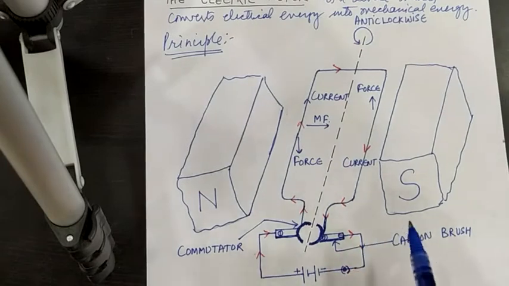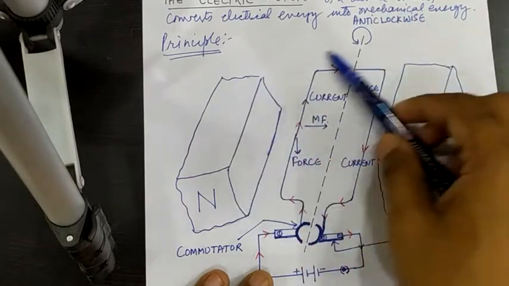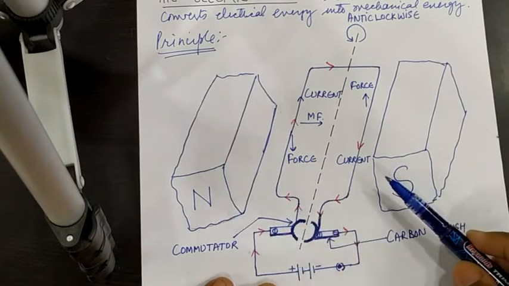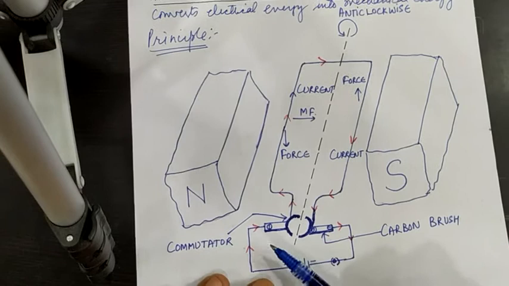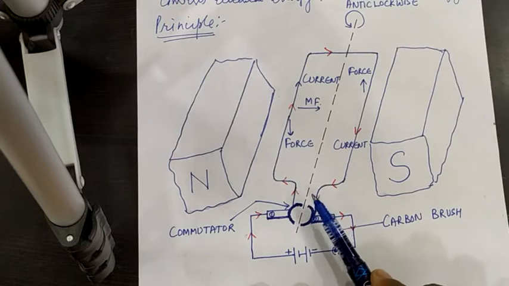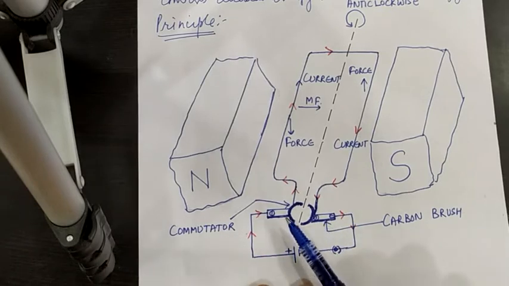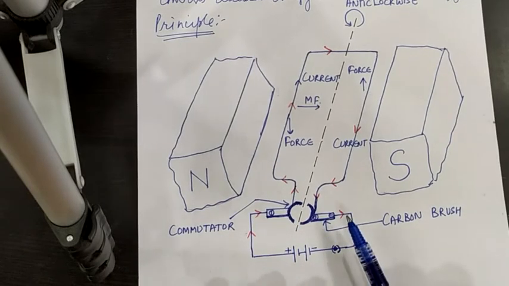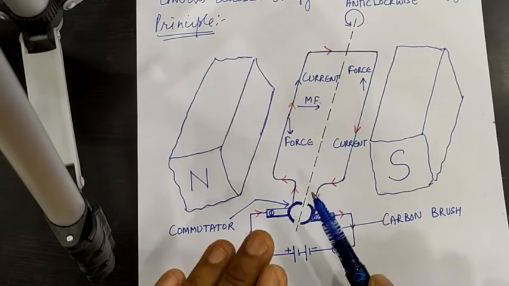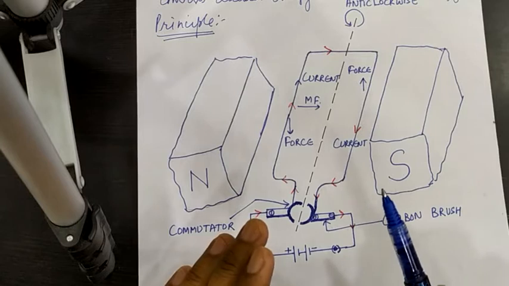Got it? For this, you are using a U-shaped, horseshoe shaped magnet. Only the poles are being shown over here. There is a rectangular coil over here, and half rings, known as split rings or commutators. This is a device which reverses the direction of current through a circuit. This is why it is being used. It is soldered to these carbon brushes. The function of the commutator ring is just to reverse the direction of current flowing through the coil every time the coil passes through the vertical position during a revolution.